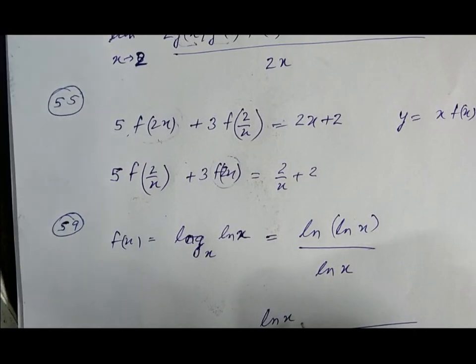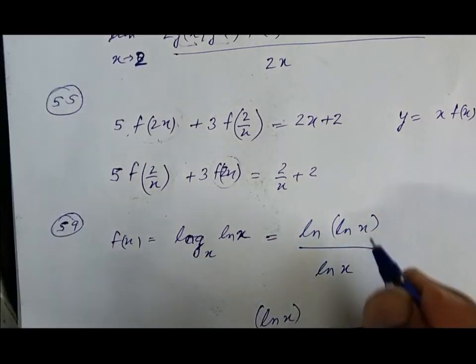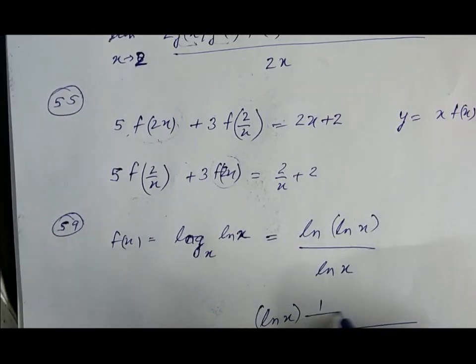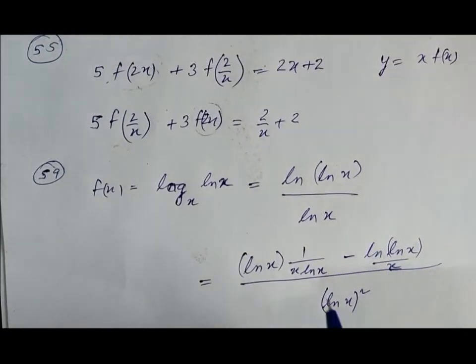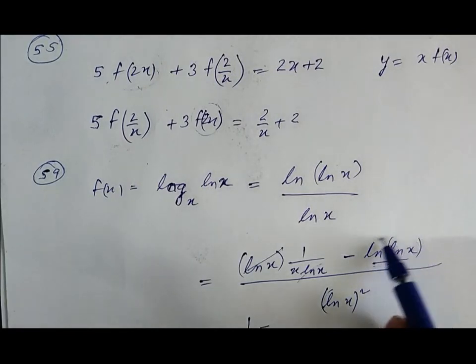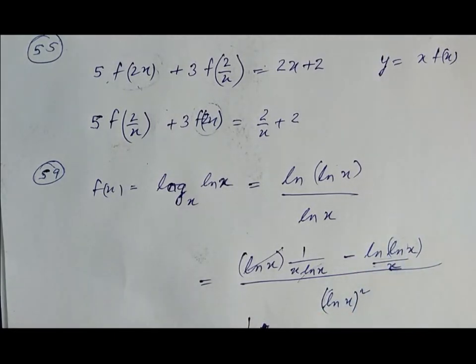Ln x, differentiation of this would be 1 by x into 1 by ln x. So 1 by x ln x minus ln of ln x into differentiation of this would be x upon ln x whole square. So at x is equal to e, this becomes 1, this becomes 1, this will automatically cancel out. This would be 1 by e minus this would be 1, and at x is equal to e, this would be 1, this would be 0. So the answer comes out to be 1 by e. Okay,